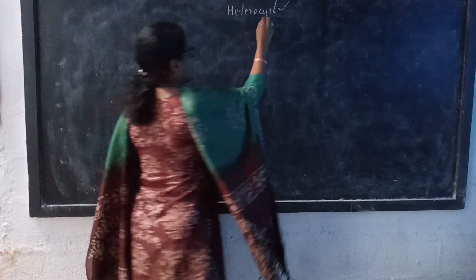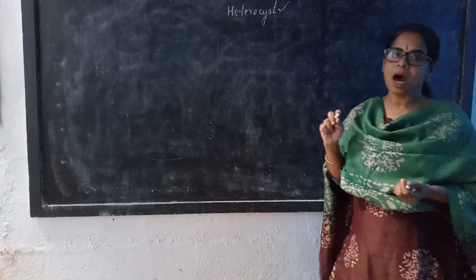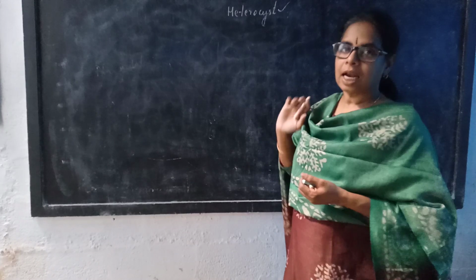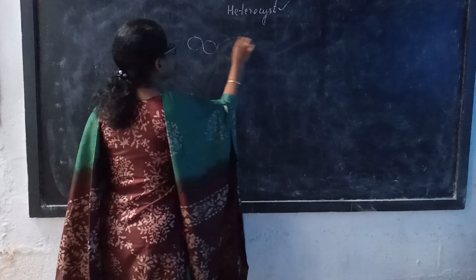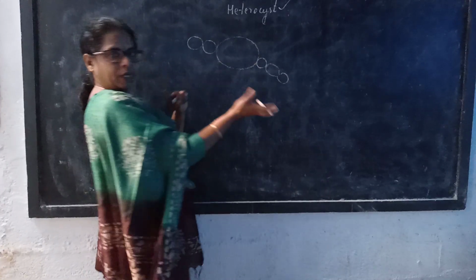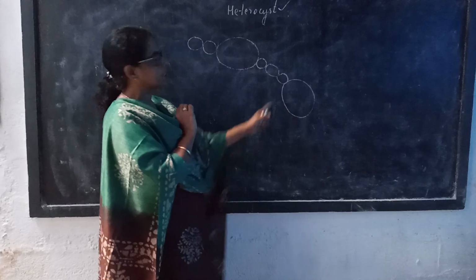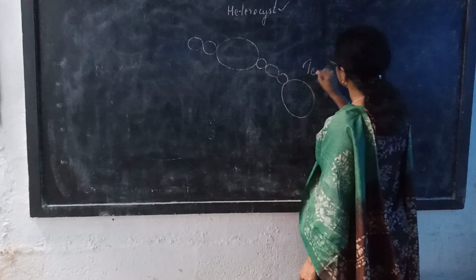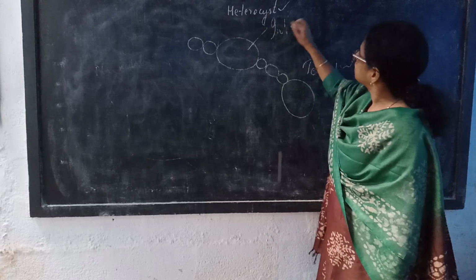So our next topic, heterocyst. You know heterocysts, these are some large sized, colorless cells, and these are seen in the nostoc filament. And regarding their position, they may be intercalary, which means in between some vegetative cells, or sometimes they may be terminal, which means towards the tip of the filament. This is a terminal heterocyst, whereas this one is intercalary in position.